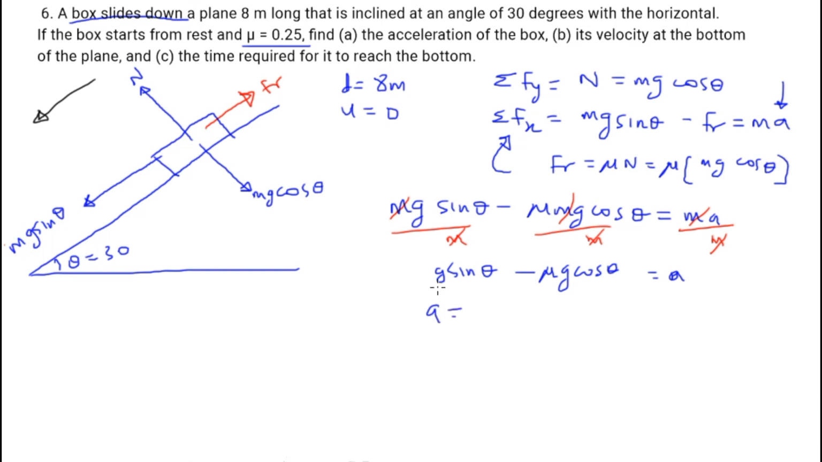So the acceleration will be equal to g. Let's say g is 9.8, so we'll have 9.8 multiplied by the sine of 30 degrees, minus mu, which is given as 0.25, multiplied by g, where g is also 9.8, and then the cosine of the angle theta, that's cos 30 degrees. So eventually we'll have sine 30, which is half, multiplied by 9.8. That is supposed to be 4.9 right there,